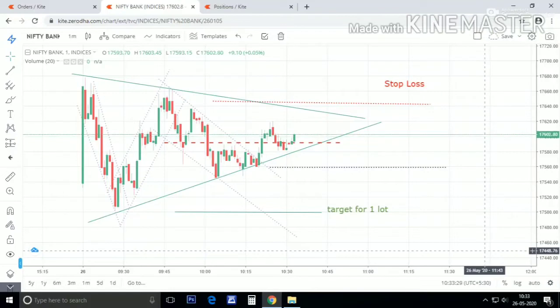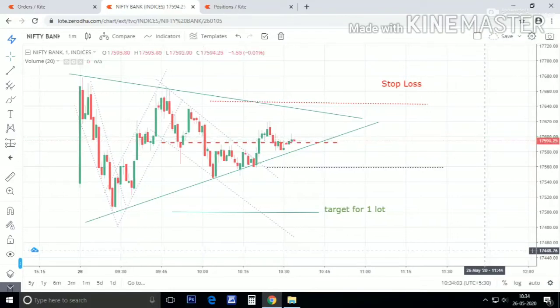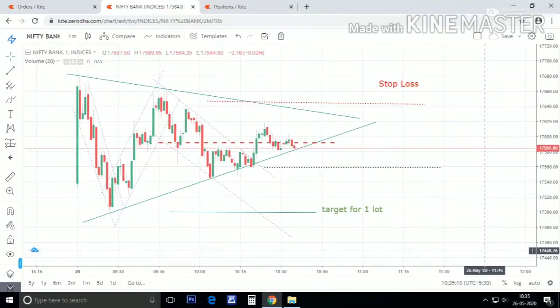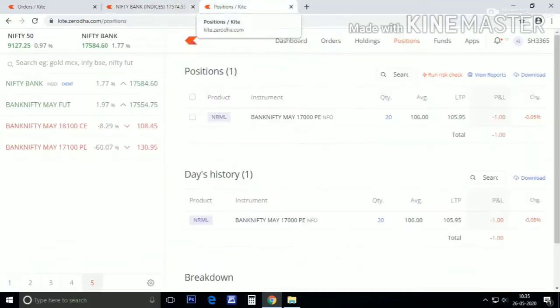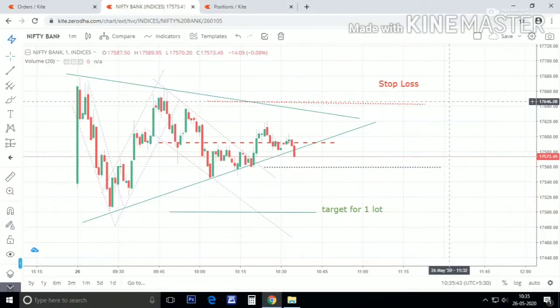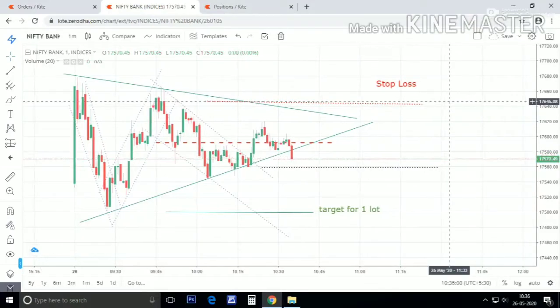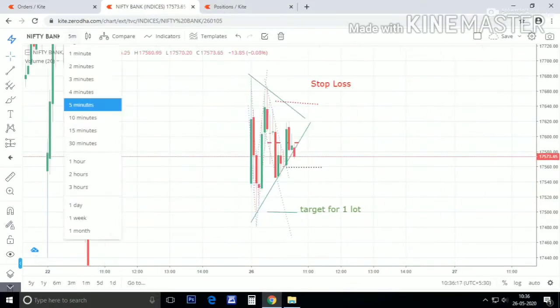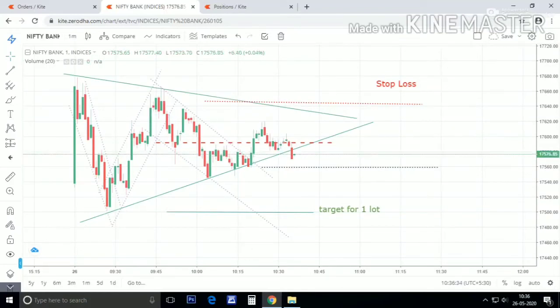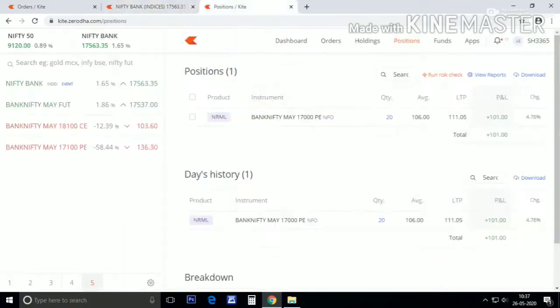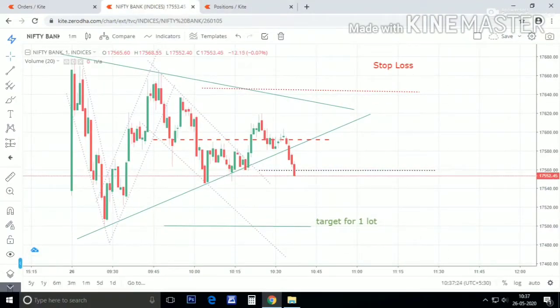A big candle is forming opposite to our trade. Again it just changed. You can clearly see it changed the direction instantly. Okay, you can clearly see we are favorable. The trend is favoring us, and I think we have made some profit out of it. Let's see. Yes, we are making some profit. You can clearly see our